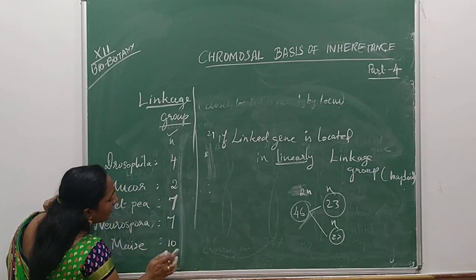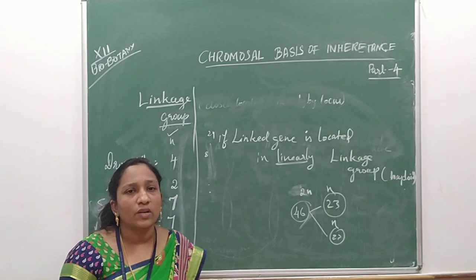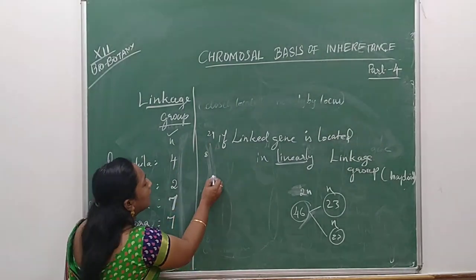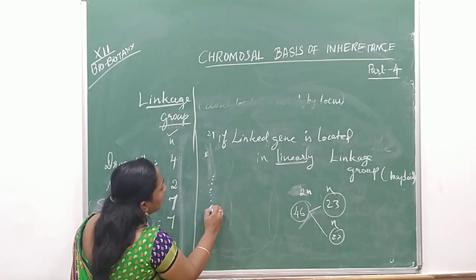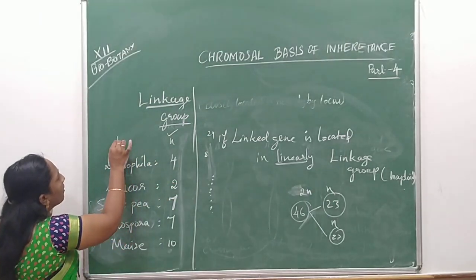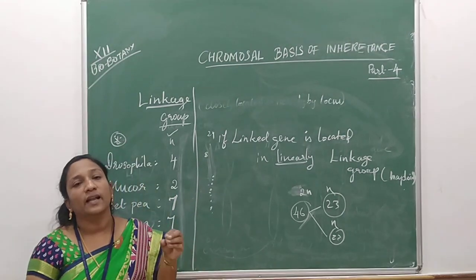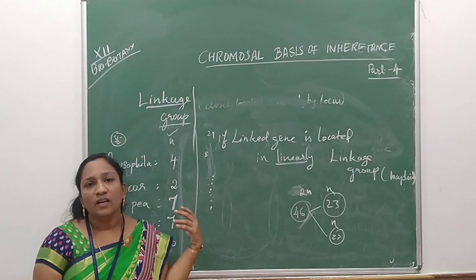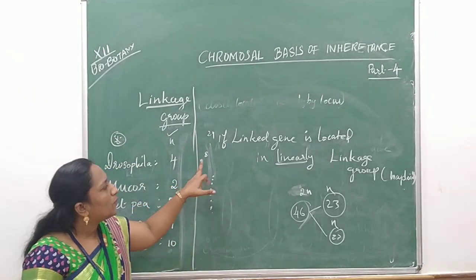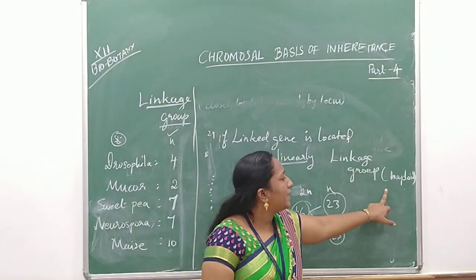These are the numbers of chromosomes which are said to be the linkage group. What is a linkage group? If the linked genes are arranged linearly, one after the other, then it is called a linkage group. These examples are important for 1 mark. In this chapter, need-based questions and competitive questions will mostly be asked from the genetics part, so you have to observe keenly. A linkage group always occurs in the form of the haploid number of chromosomes.